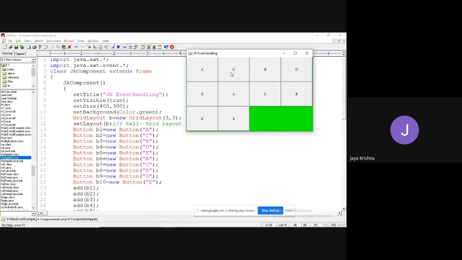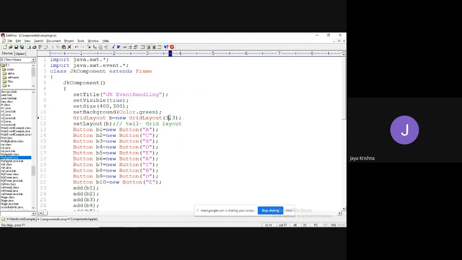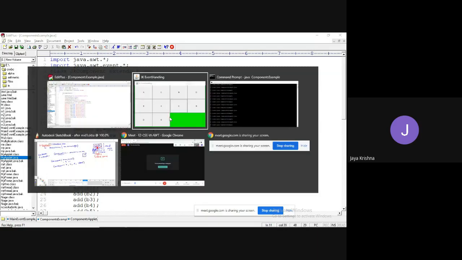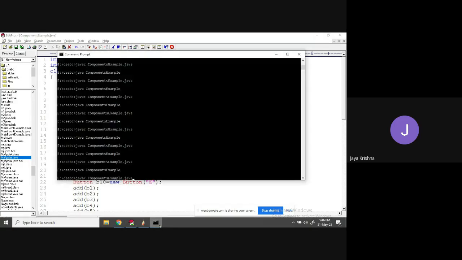So you can understand that I can place one button, one button, one button like this. For example, I am trying to pass 4 by 4. Observe here, actually you require 16, right? Observe how many you will get.